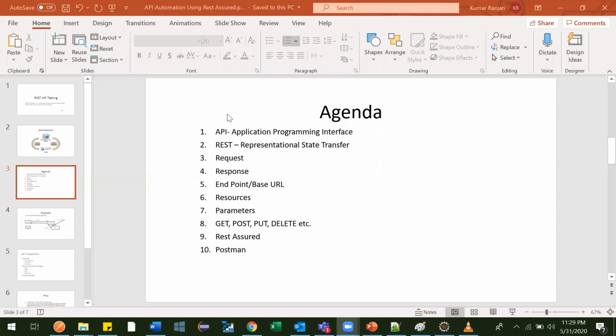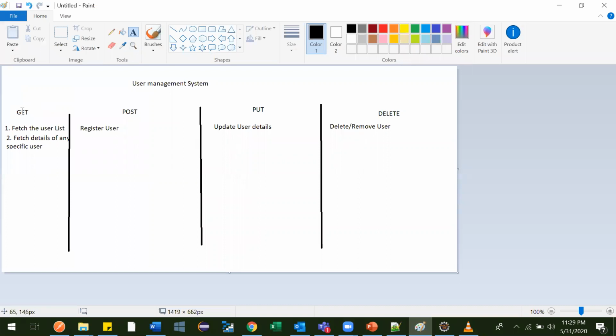Hello everyone. So in the last video we saw the GET request. The developer had created three GET APIs. The first one was fetching the list of users, like how many users are available in the database. So those results it was fetching. The second one was fetching a specific user's detail using a path parameter, and the third one was fetching specific user details using a query parameter. So this is what it was about the GET request.